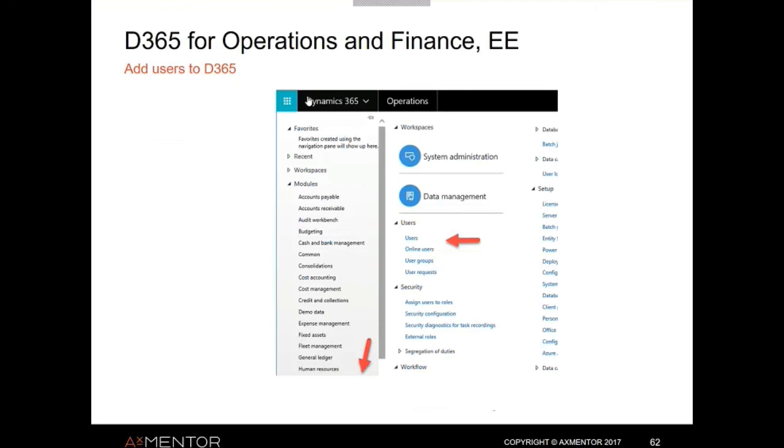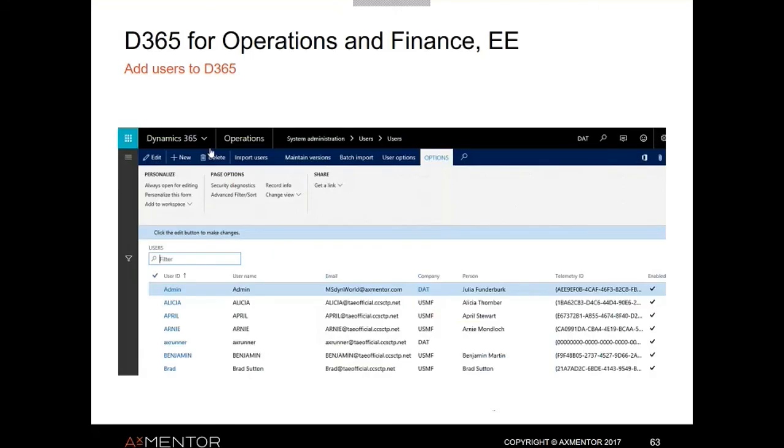And then you unfold all the modules. This is similar to the old 2009 and 2012 kind of menus we had. So if you scroll down here, you will find the system administration, and then we go into users. Again, similar to what we had with the other environments. And then just click import,